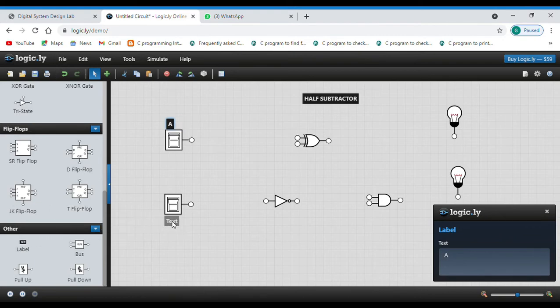Now we'll label them. We'll label the first toggle switch as A and the second toggle switch as B. Then we'll label the XOR gate.